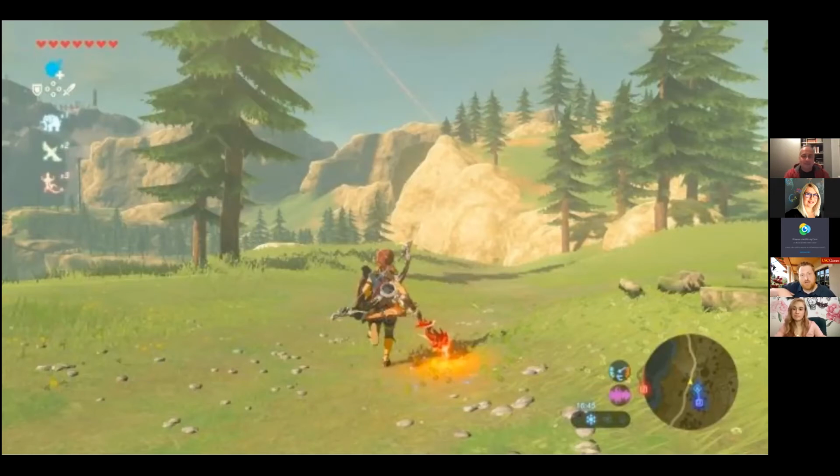This overhead view of the landscape that you're in with an indication of where you are and what direction you're facing, and also important points of interest, features of the world, either geographical or things like a shrine, a place where you'll find puzzles, or a house or something like that, get marked on this map so that you as a player, while you're running through the world, also have this sense of what are the things that are nearby.